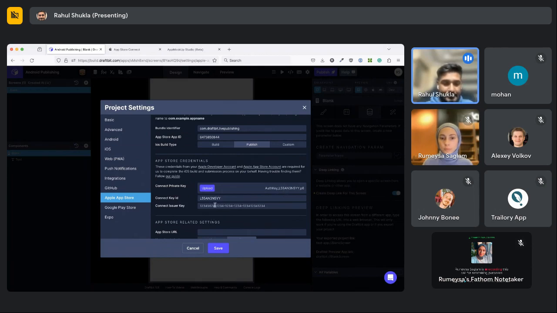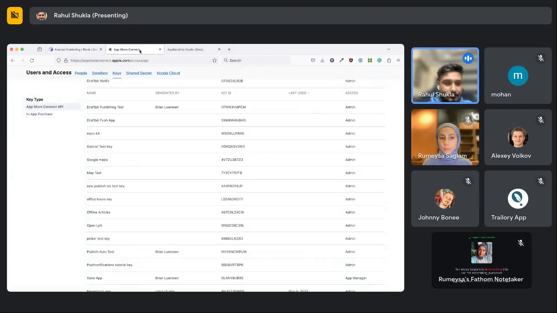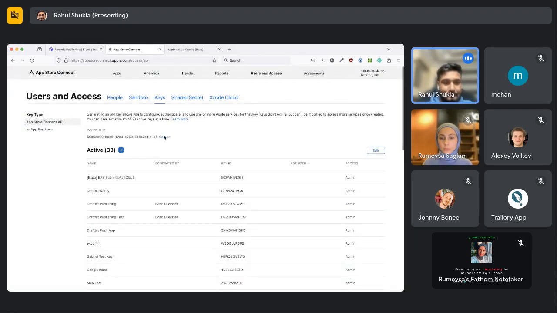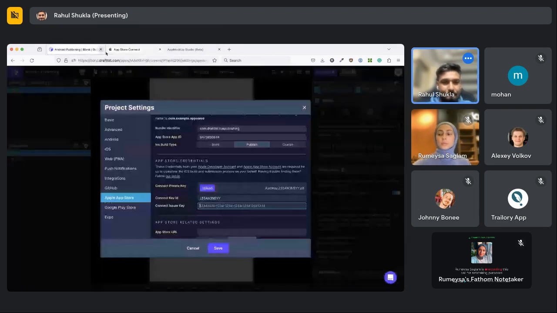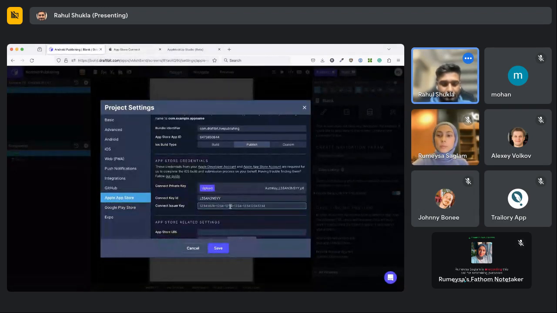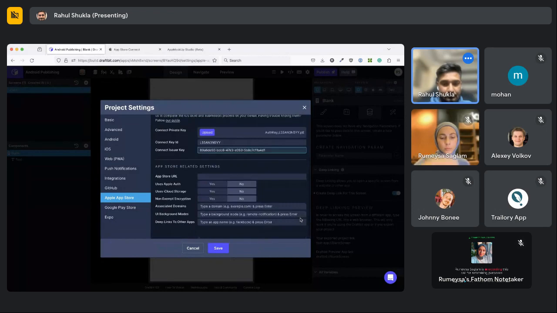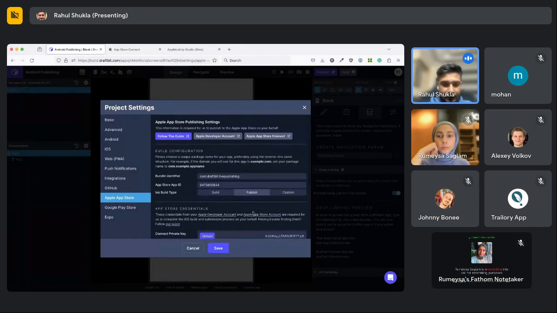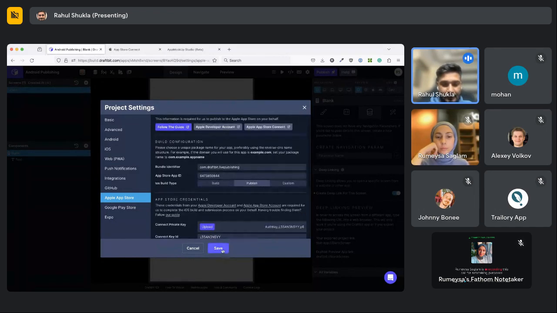And then one last step would be to connect the issuer key ID, which is available right here on the top, the issuer ID. You can copy that and put this in here, and we are all set. Once I hit save,